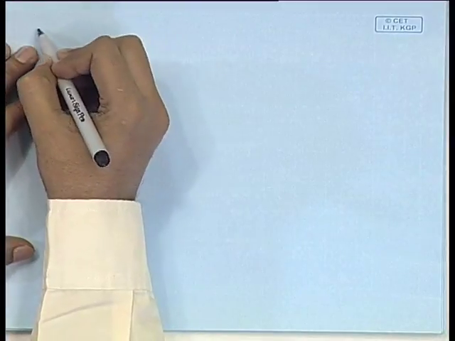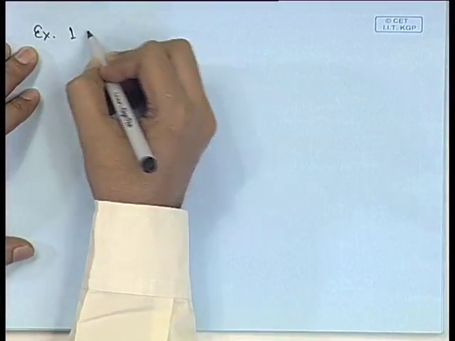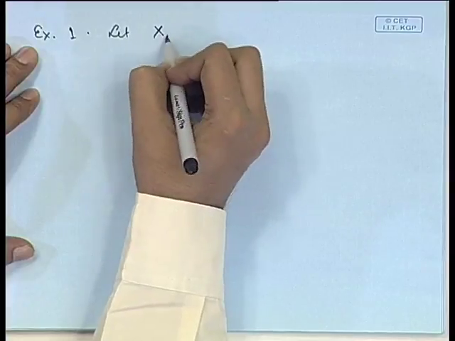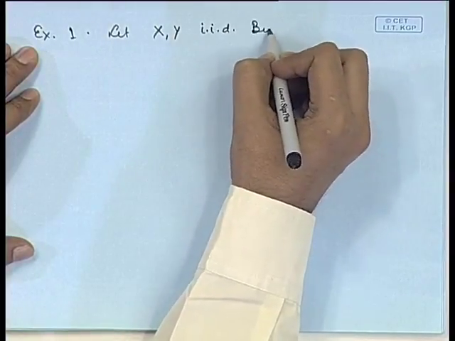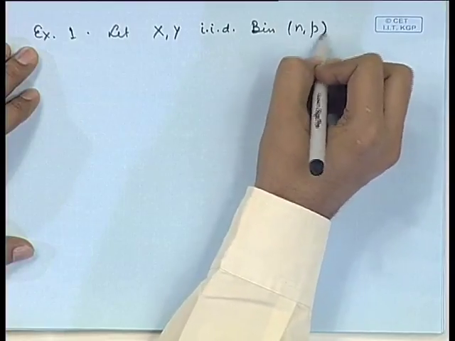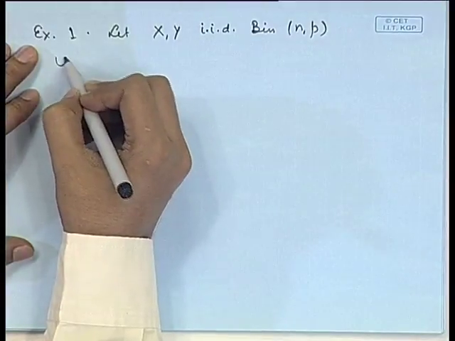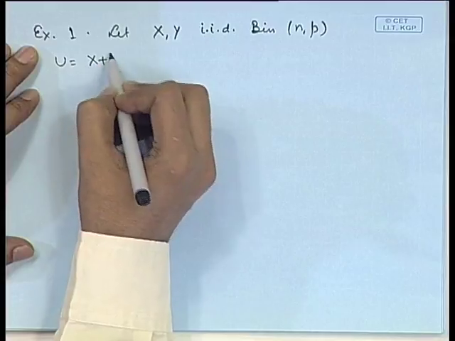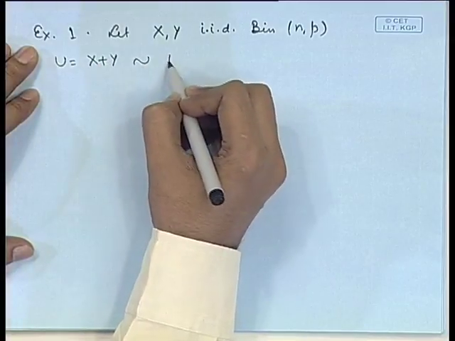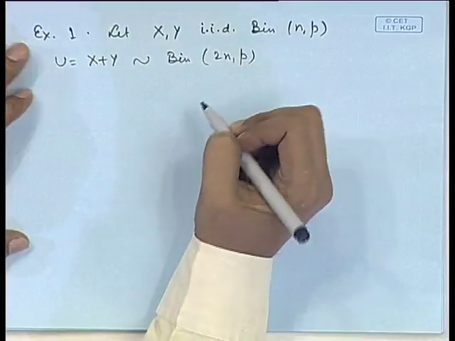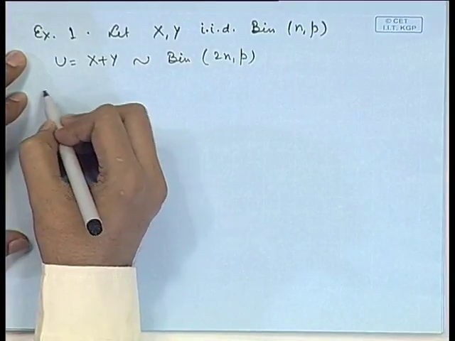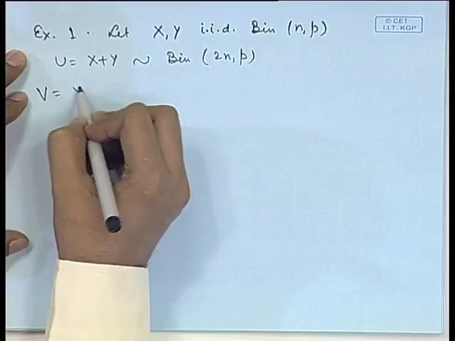Suppose X and Y are independent and identically distributed binomial(n, p) variables. Suppose we want the distribution of U = X + Y, then from the MGF approach we are able to determine it is binomial(2n, p). Now, suppose we want the distribution of V = X - Y,